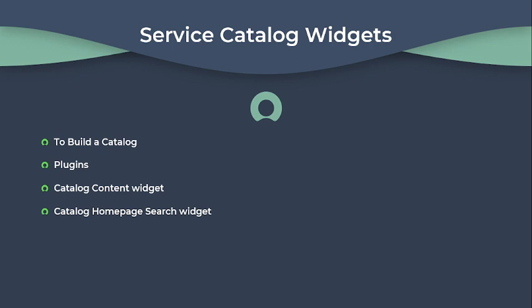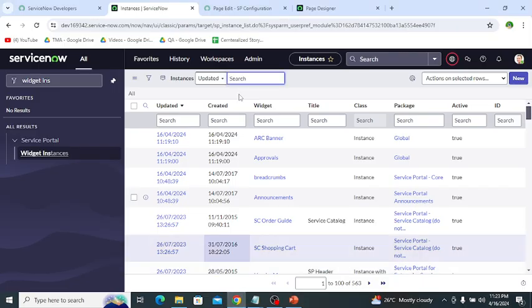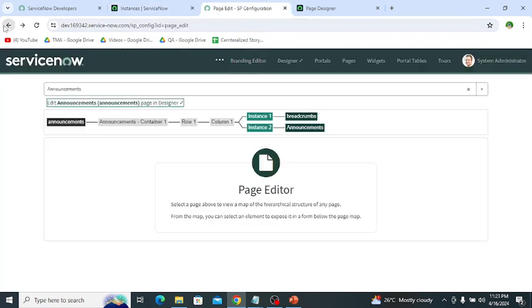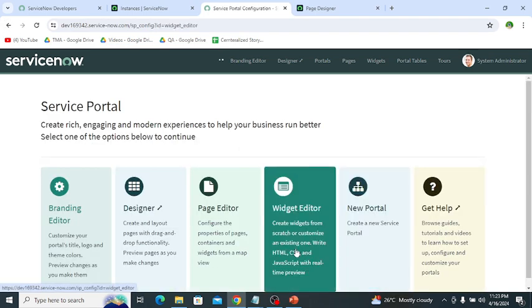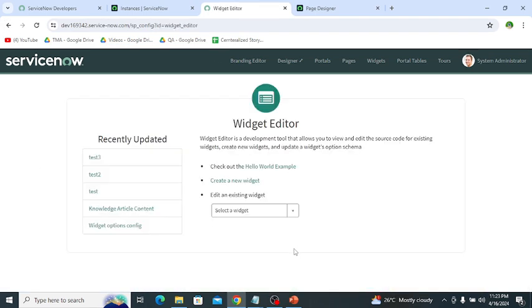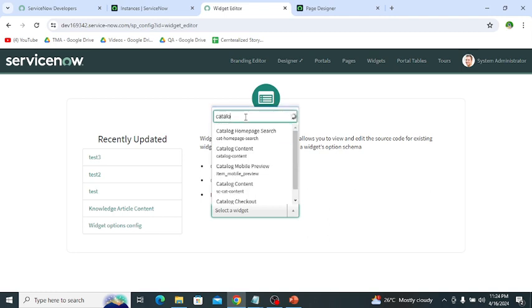So let's explore these widgets on my personal developer instance. For example, we open a widget editor. Here we can select catalog.